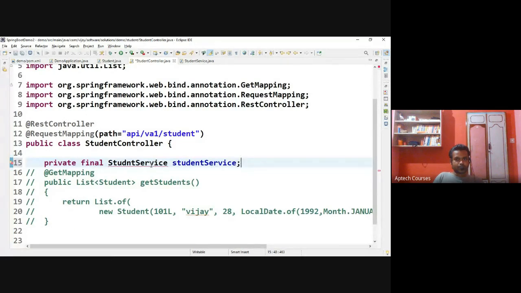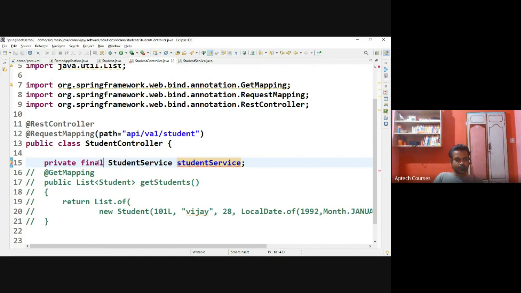Now what it is asking, whether student service is there or not. Student service is there. Okay, fine. Since it is final, we should supply the value here.